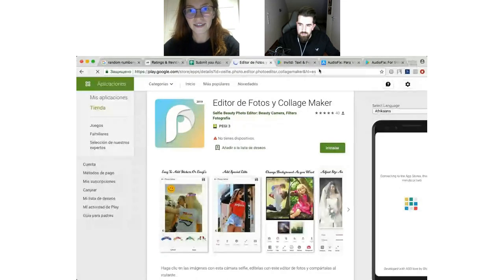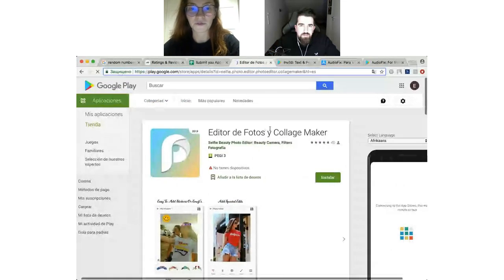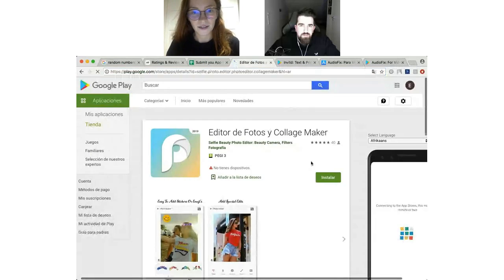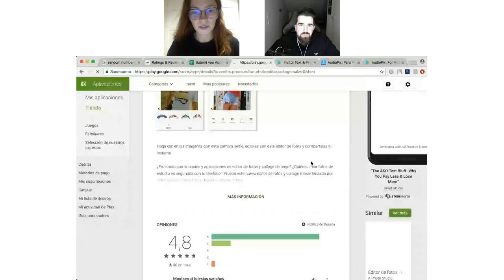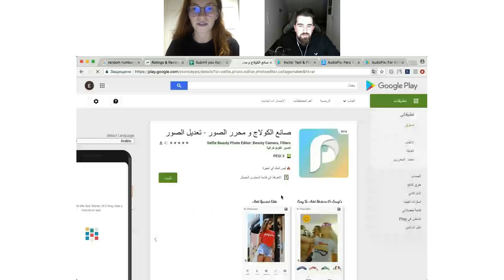And here we have none for Spain actually. We can see the Arabic region. So let us take the same pictures, and even the slogans are not localized.